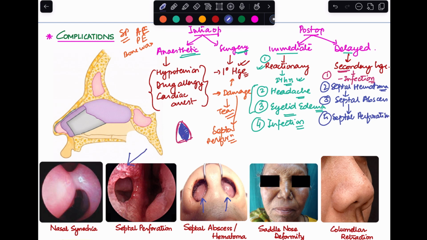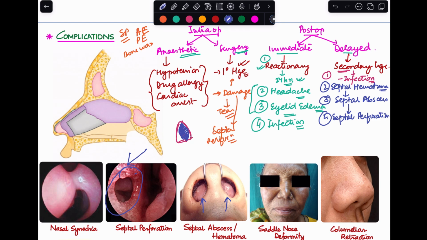So let's look at the image over here. This is what a septal perforation will look like. So if you have not treated the septal abscess, the cartilage will get necrosed, and that will lead to a perforation in the septal cartilage, leading to the development of the septal perforation. And this can also happen because, as I mentioned earlier, if the mucoperichondrial flap gets torn on exactly the same site on both the sides, that can also lead to the development of a septal perforation.